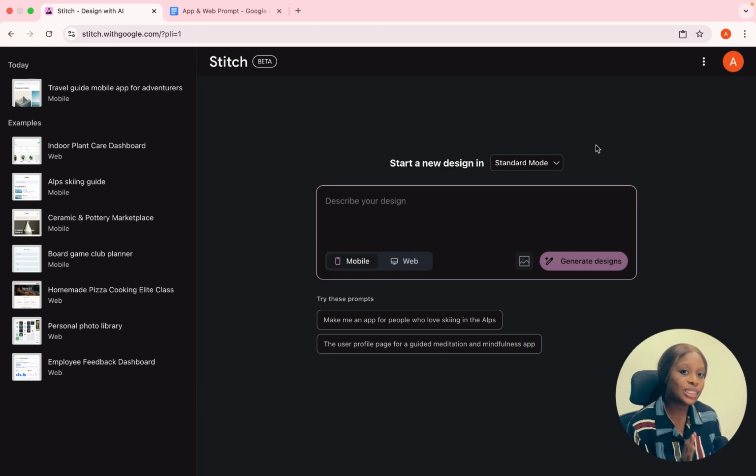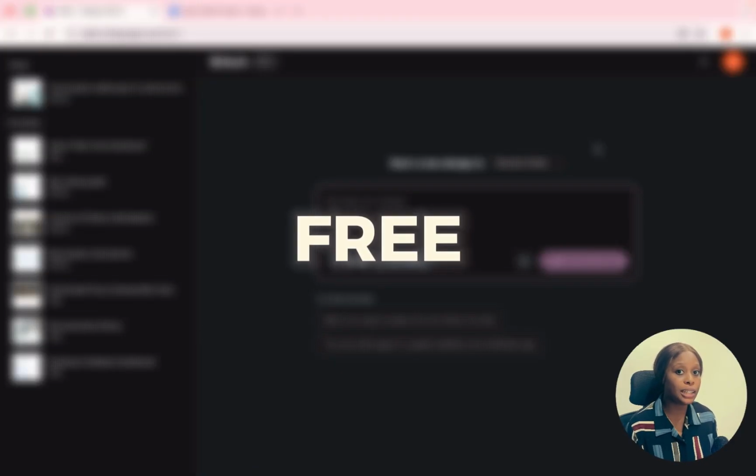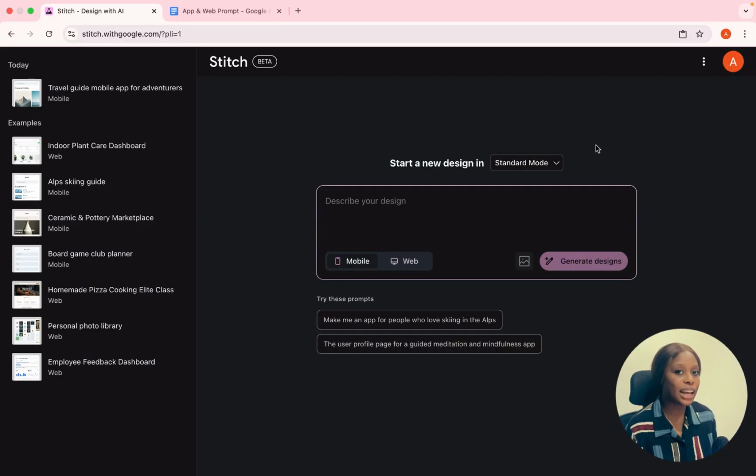Hi everyone. Today we're looking at Google Stitch, an AI-powered design assistant for designers by Google. And guess what? It's completely free. It's like having an AI design assistant that turns your ideas or rough sketches into beautiful app designs or web